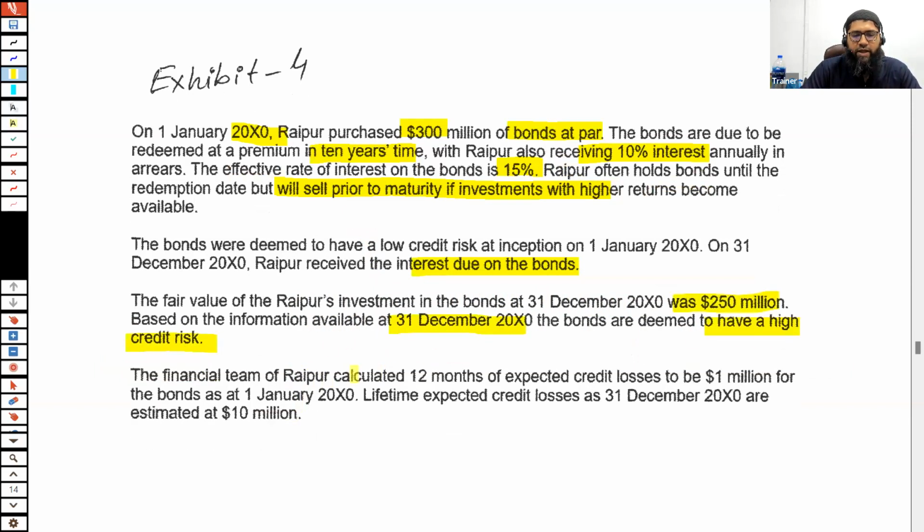The financial team of Raipur calculated 12 months of expected credit losses to be $1 million for the bonds as at 1st January X0. Lifetime expected credit losses at 31st December X0 was $10 million, right? Now let's just try to see this. So basically what's going to happen is that, first of all,